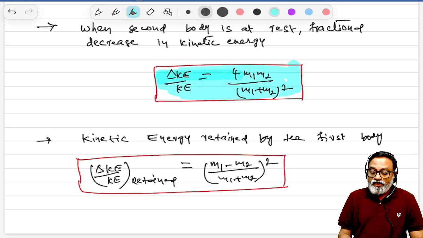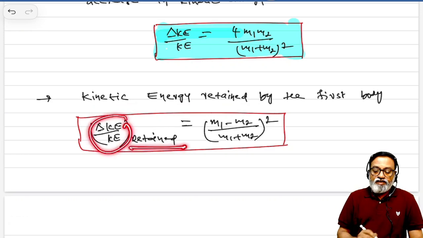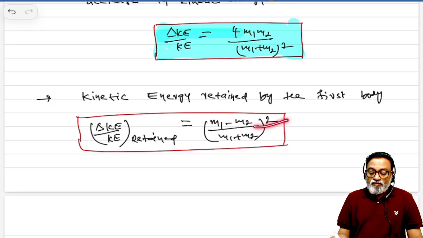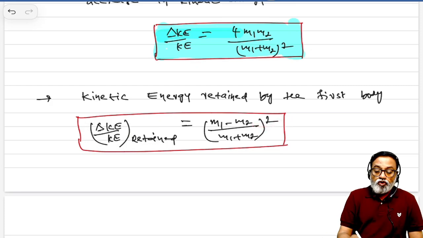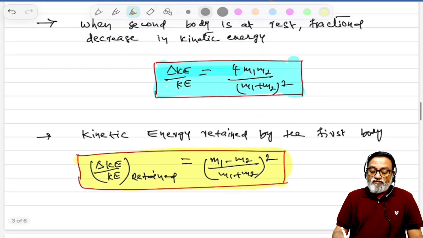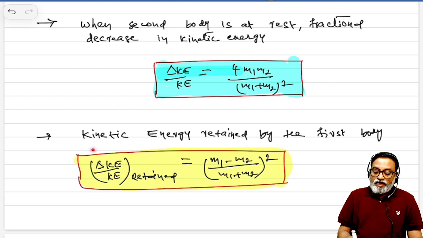4 m1 m2 by (m1 plus m2) whole square. And the next one, kinetic energy retained by the first body, that is ΔKE by KE retained. Retained means 1 minus fractional energy loss. This becomes ((m1 minus m2) by (m1 plus m2)) whole square. This is also a very important one. Many times, formula problems are given directly based on this formula. This is the formula for fractional decrease in kinetic energy, and this is the kinetic energy retained